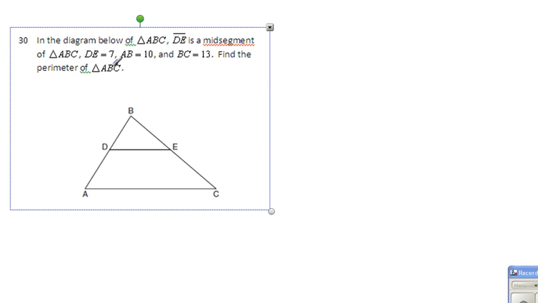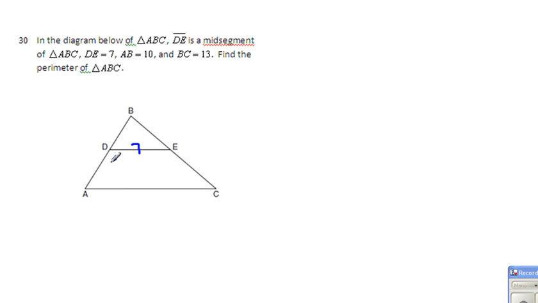Next. Here we have DE equal to 7, right here. AB, the whole thing, is equal to 10. And then BC is equal to 13. But the mid-segment basically means these are equal to each other, these are equal to each other, where the smaller triangle will become half in length of the big triangle. That's the idea behind it. So if this is 7, then this must be